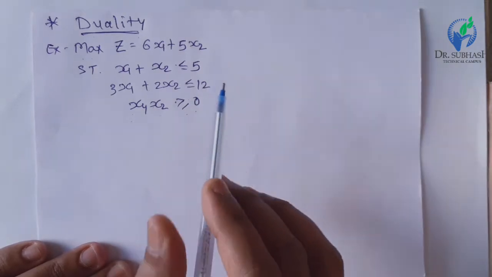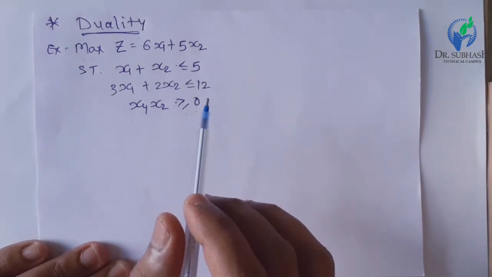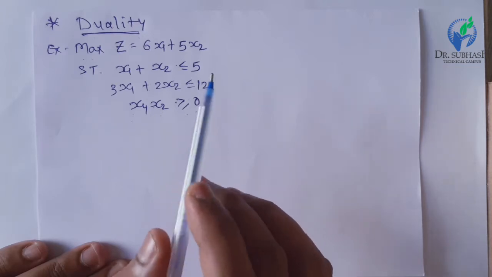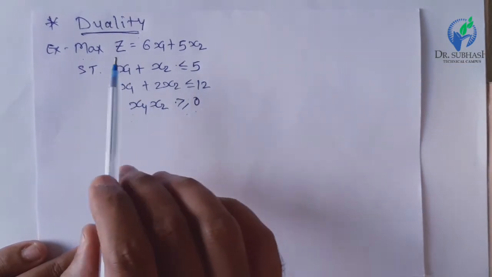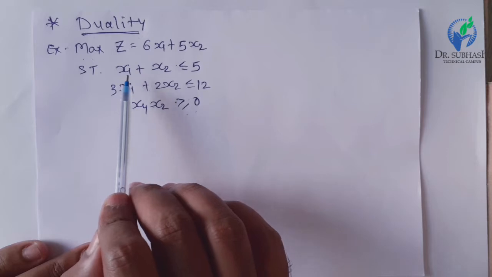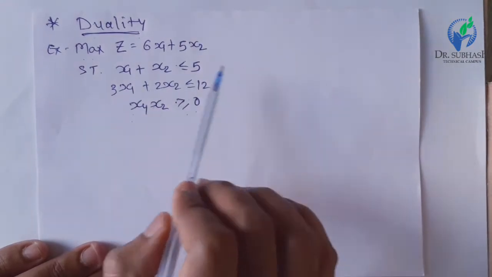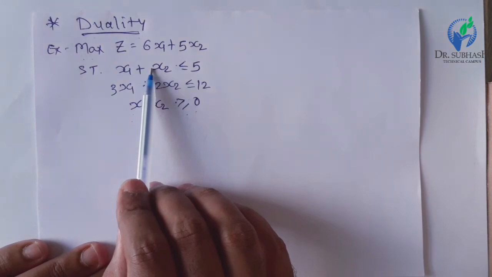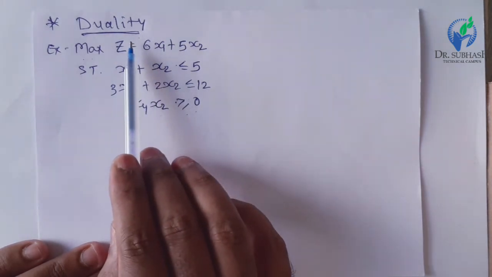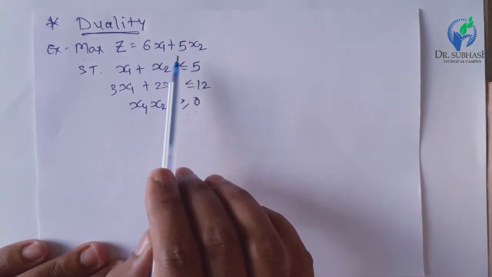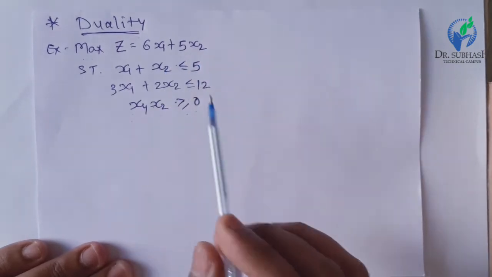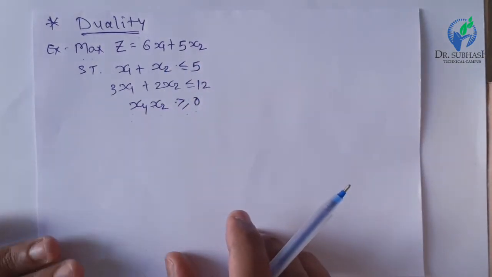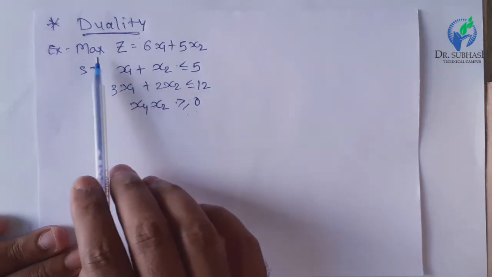Duality means that for any problem, if duality is present, then we can analyze the problem with two different aspects or two different views. This is one of the most important criteria when making decisions at the managerial level. So let us understand with the help of an example what duality is.